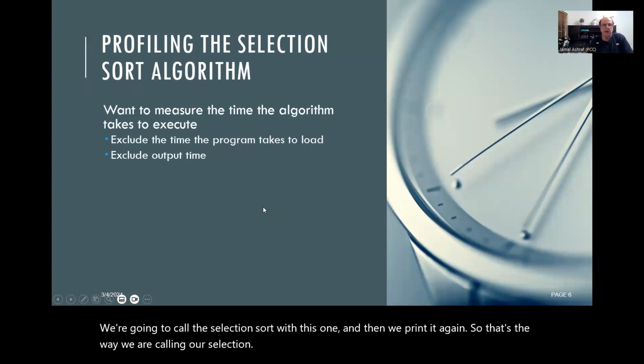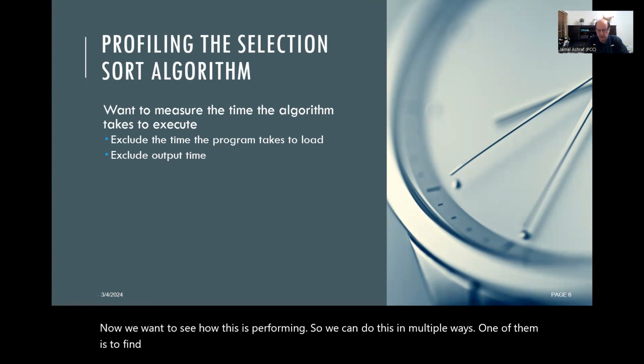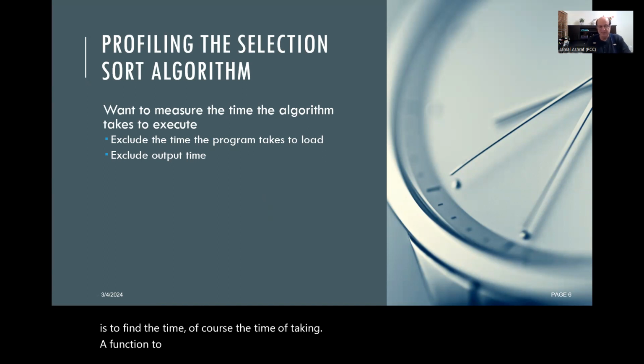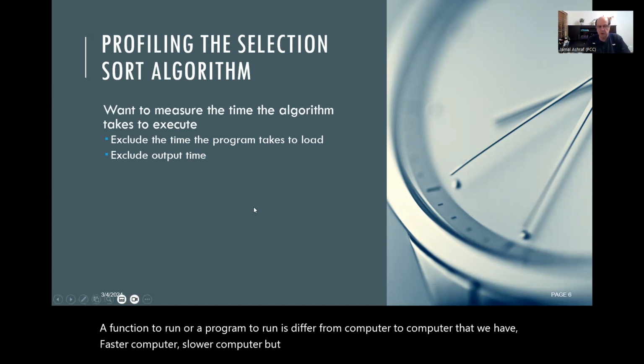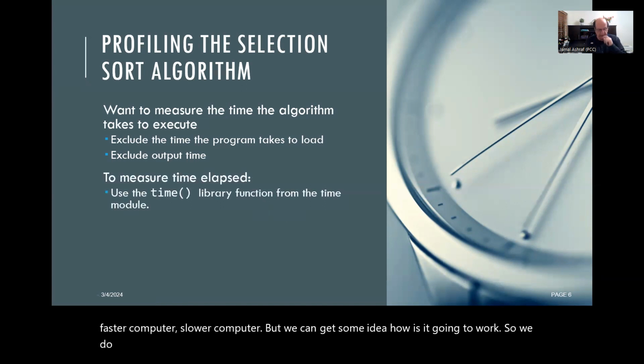Now we want to see how this is performing. We can do this in multiple ways. One of them is to find the time. Of course, the time a function or a program takes to run is different from computer to computer. We have faster computers and slower computers, but we can get some idea of how it is going to work. So we do have this time library,